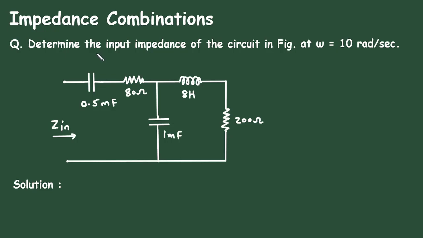In this video, we will see impedance combinations. Question: determine the input impedance of the circuit in the figure at omega equal to 10 radian per second. Here for this circuit, we have to find its input impedance. So solution: